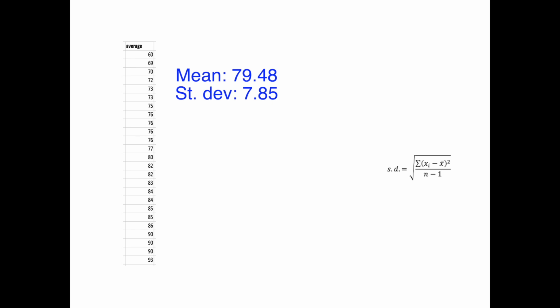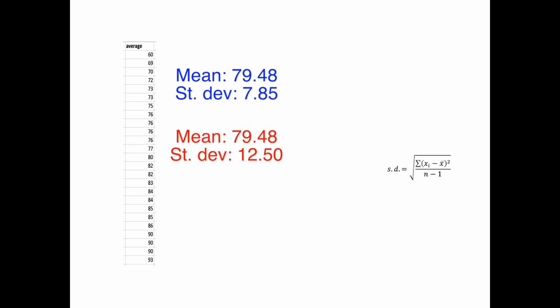Standard deviation is highly useful because it allows us to compare different cases that have similar means but perhaps different standard deviations. So imagine we had a second class where they had the same mean score of 79.48 but a standard deviation of 12.5. In the second class, the standard deviation tells us that the students are more spread out around that mean. So whereas we expected the majority of students in our first class to generally finish between a 71 and an 87, in our second class we would expect that students would finish somewhere between a 67 and